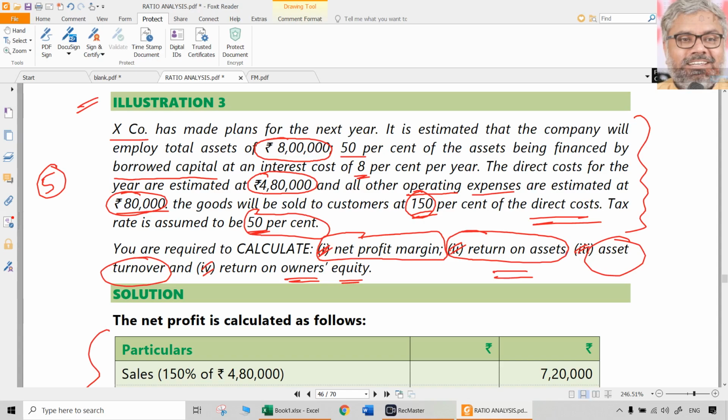But here, the possibility is there. Some over-enthusiastic students will do that. I was one of them, and I told you earlier also, I was overconfident about this chapter, and then I came to know the real picture. When in the examination, I got stuck while doing the computations. Then I realized, no, it is not about just knowing the ratios. It is about more of practice, and that too not only by knowing. On paper, you have to do the practice. That is the nature of this chapter.